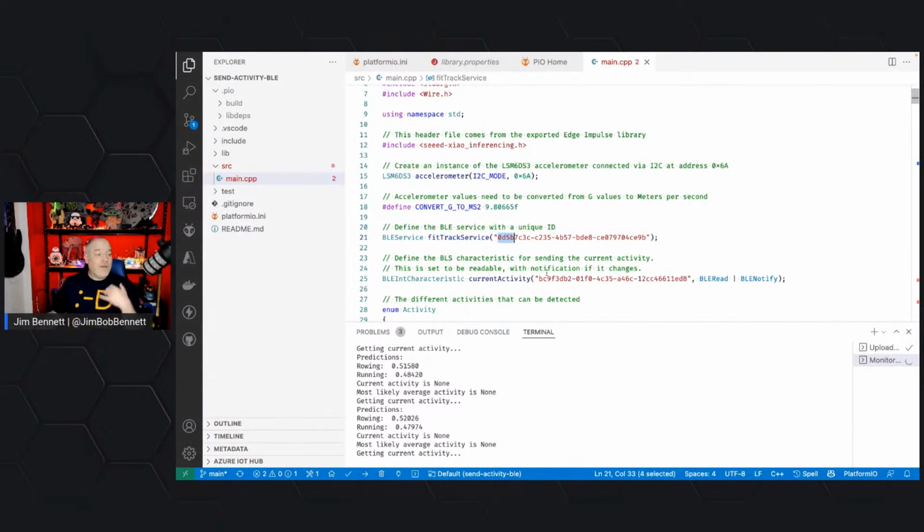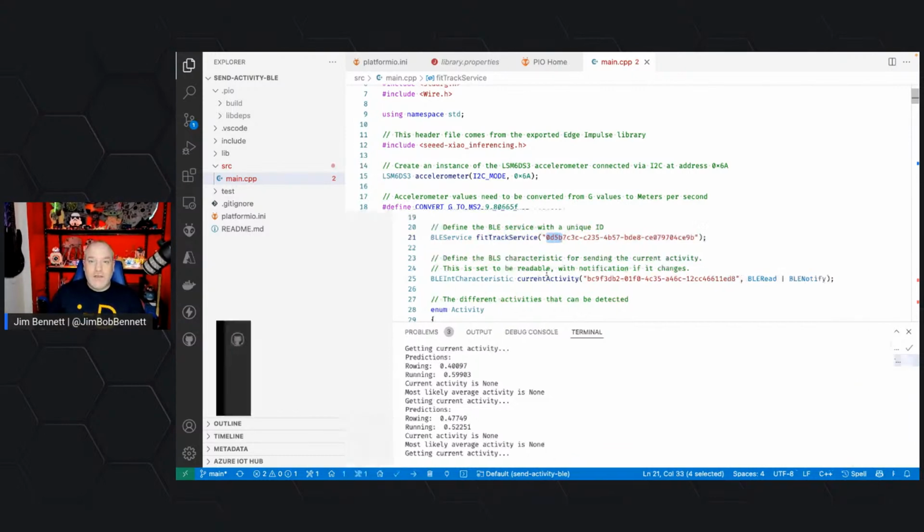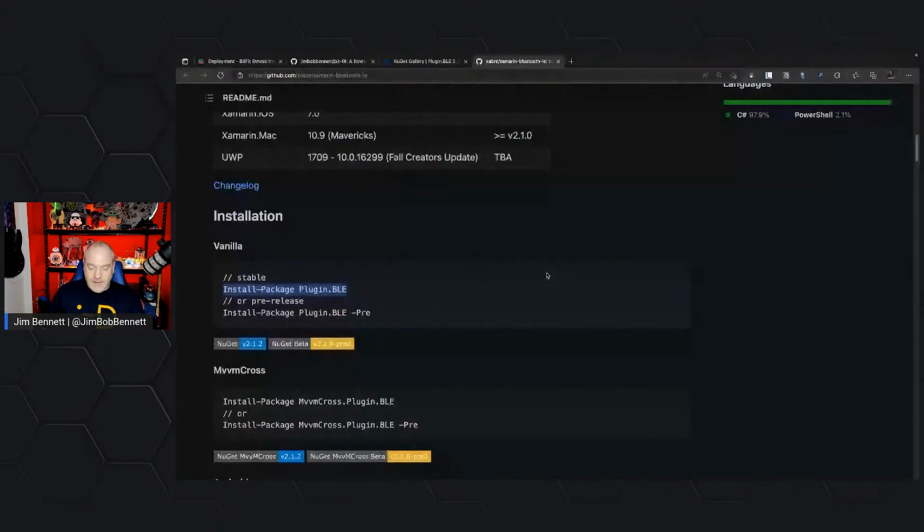Because I know the ID of the service I want to connect to, I can start polling for that particular service. That's one of the quite cool things: I know the service I want, I can go and poll for that. As I said, if it was a standard service like battery, they have well-known, well-defined IDs. In fact,